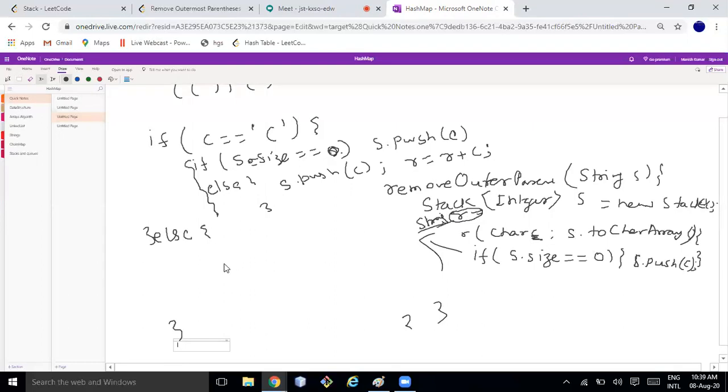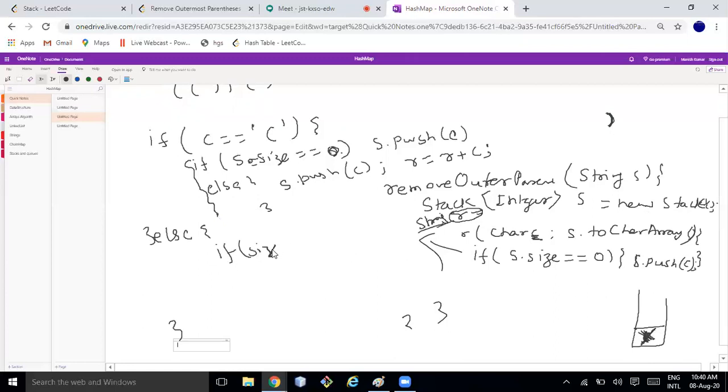But what is the case of pop? What if it is coming as a closing bracket? It's very clear if you remember the stack. If the size of the stack is 1, then you don't need to add this element to the result. So here you have two conditions.